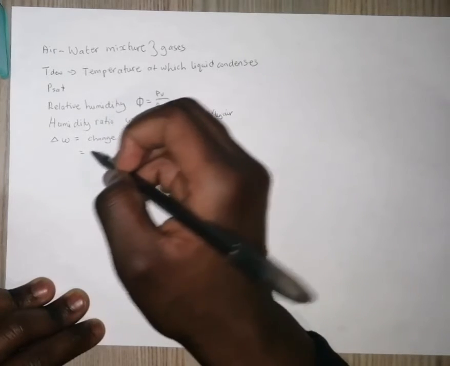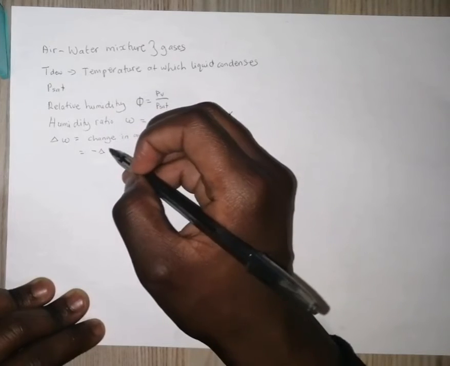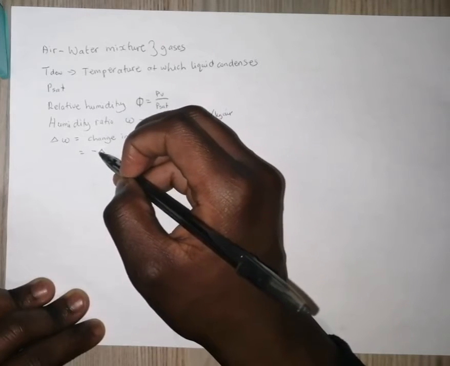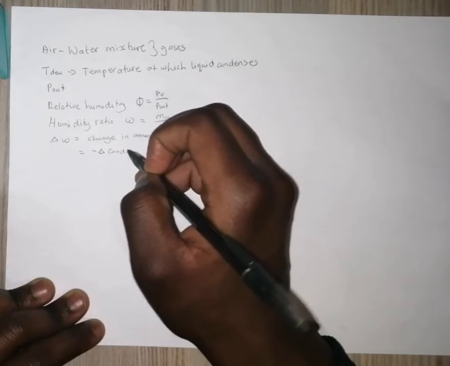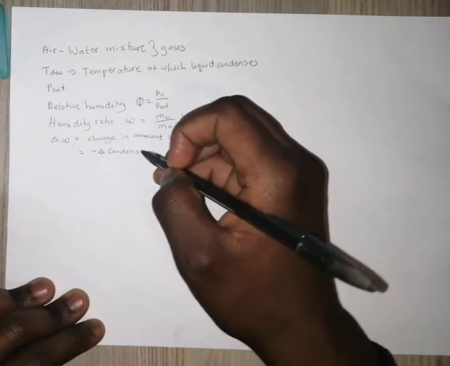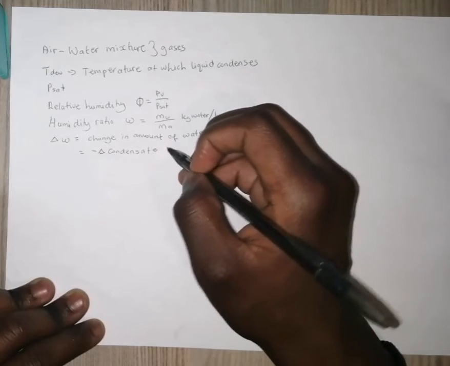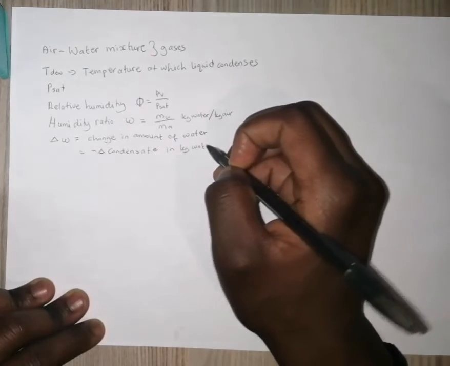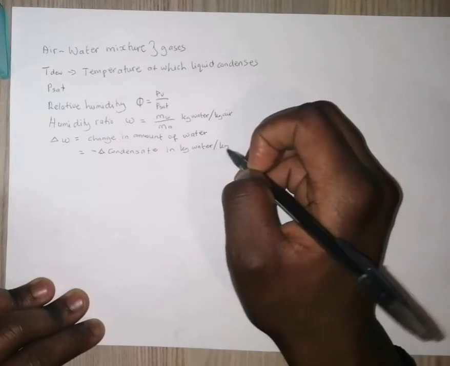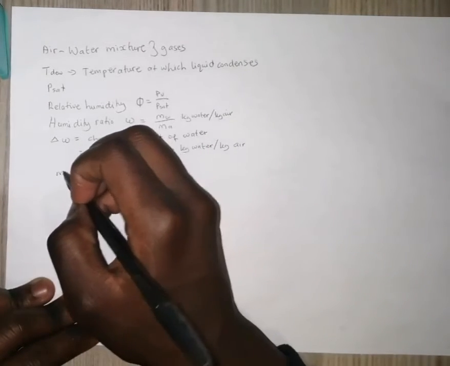So this is equal to the negative amount of water that condenses, which is in kg water per kg air. This means that if we want to find the mass of a condensate, if we do have